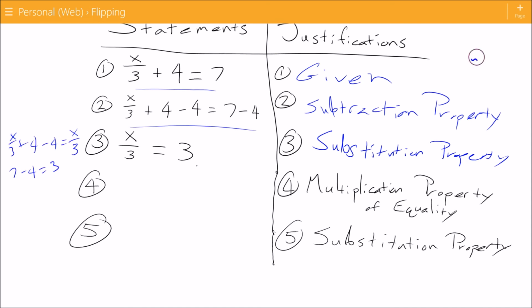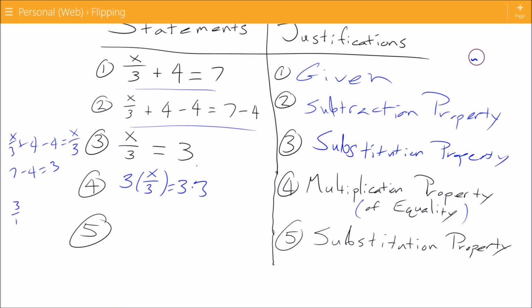Let's see what I can do here. I'm using the multiplication property of equality. We haven't been saying that a whole lot, but that's implied. So if I'm using the multiplication property, what operation am I going to be doing on the left? Well, I would be multiplying. Multiplying by what? Let's multiply by 3. Why 3? Well, if we multiply by 3, then the 3 in the numerator here, because this is technically 3